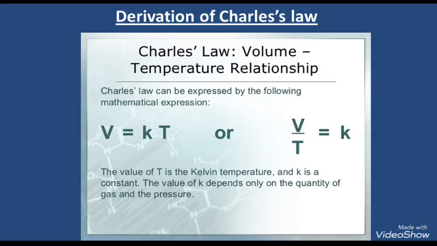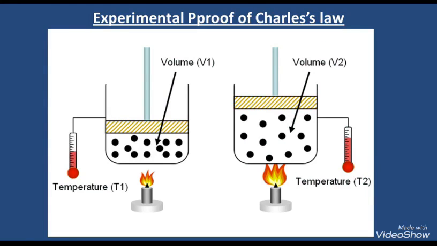What does it mean? It means temperature in Charles' law is always taken in the Kelvin scale. If it is given in the Celsius scale, you need to convert that into the Kelvin scale. This diagram further elaborates the relationship between volume and temperature by keeping pressure and number of moles constant. The first diagram shows the temperature, which is T1, and constant pressure and number of moles. By increasing temperature from T1 to T2, you can see that the volume also increases from V1 to V2.